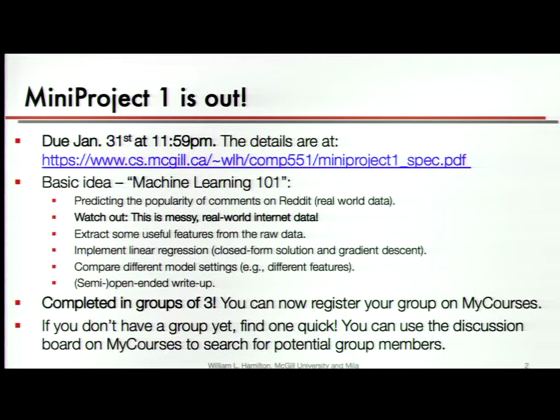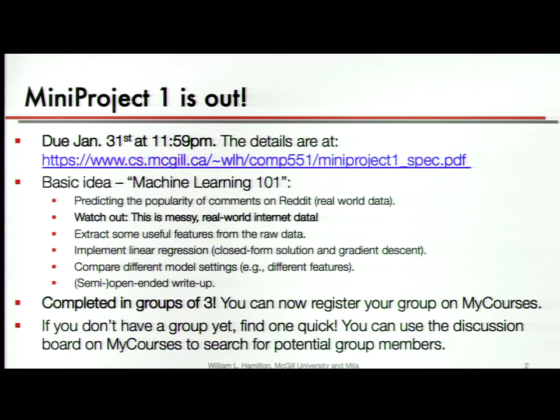And a quick disclaimer here that this is real-world data that I scraped from a community called Ask Reddit. It's a question-answering community on Reddit. And so not only is it messy in the sense that there's all kinds of statistical weirdness, it's not going to satisfy all the really pretty assumptions that you might assume often is the case because it's the real world. Data is messy, but the other thing also is that there may well be offensive content and other things hidden within this data set. So just a heads up, I do give you raw text features, and this is just things that people are saying on the internet. So I don't recommend you read through all 12,000 comments because that's probably a waste of time anyways, but just